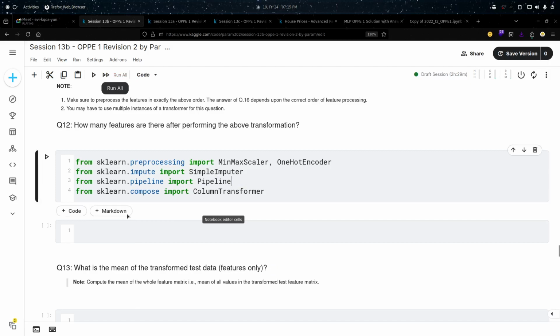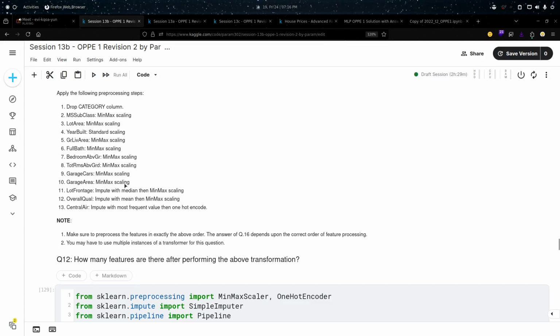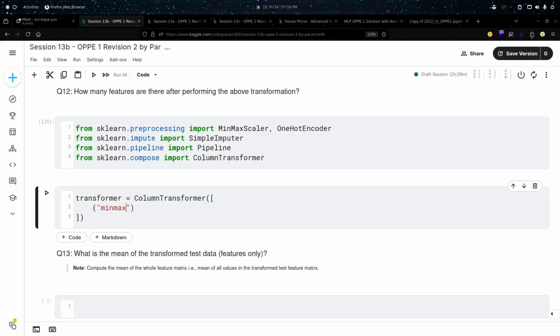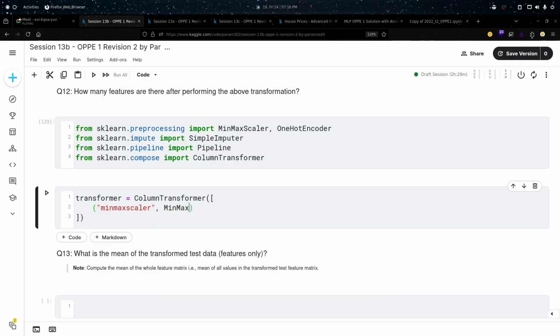All right, now ये हो गया. I will simply create a column transformer named transformer. Then इसमें I will simply call it. I will create an empty list and वो list को I will initialize here. Then मैंने जैसे आपको बताया था, for each of the transformation we need to create a tuple and first we have to name it. So okay, min max scaling हम बहुत सारे columns पे कर रहे हैं, right? So let me simply write min max scalar as the name of this transformer, and let me pass the min max scalar class here.